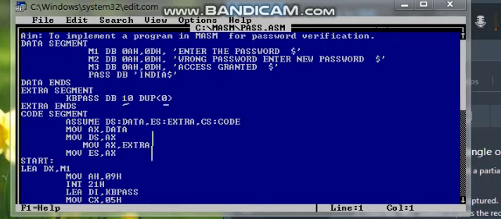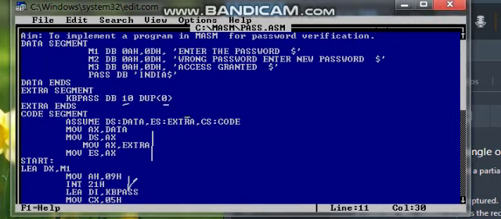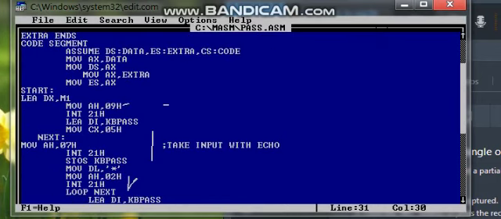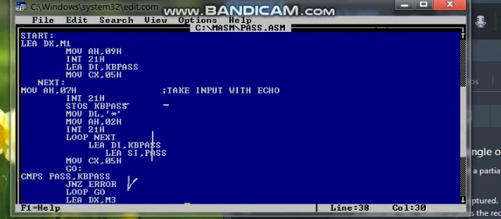This is the statement to display message 1, that is, enter the password. See, this is LEA DI, kbpass. As we know, there are two strings, source and destination.